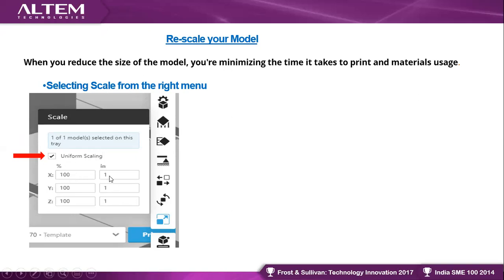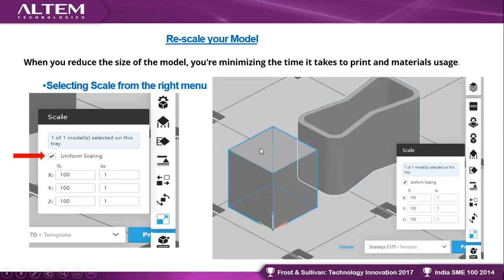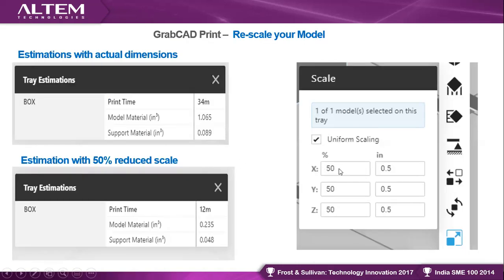If you wanted to print this 1:1 cube, I'm printing it just for the validation of my design. I don't want to use it anywhere or give it to anyone. So just to verify the dimensions are okay, or just to verify the design, I can even print it at 0.5. So you can click the uniform scaling option here and make the percentage 50. Automatically the design will change to 50% here, and the dimensions will also automatically change to 0.5 inch.